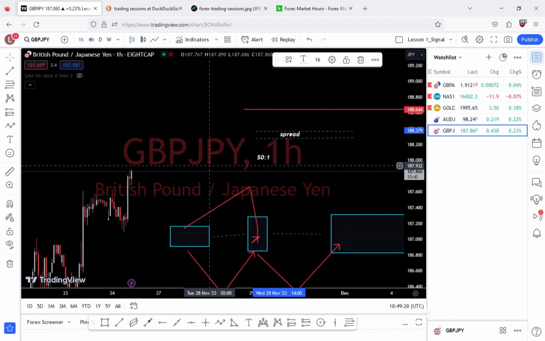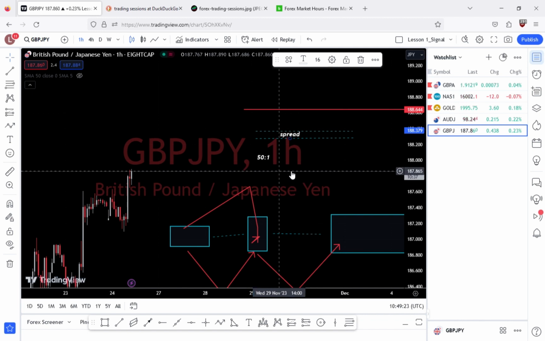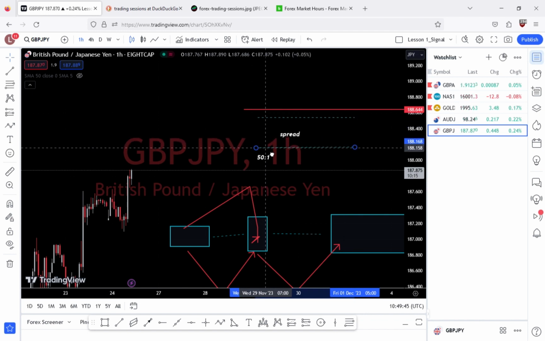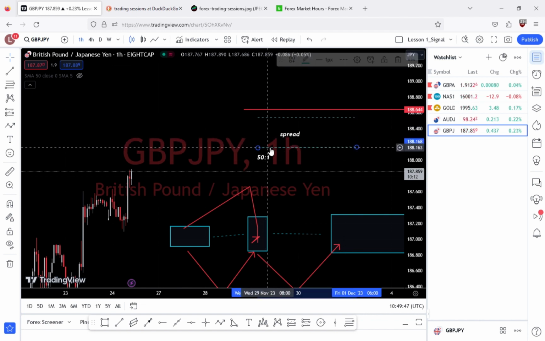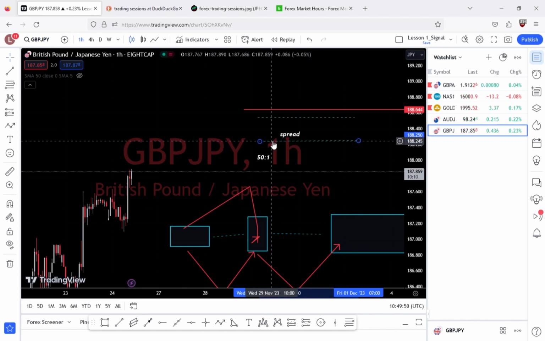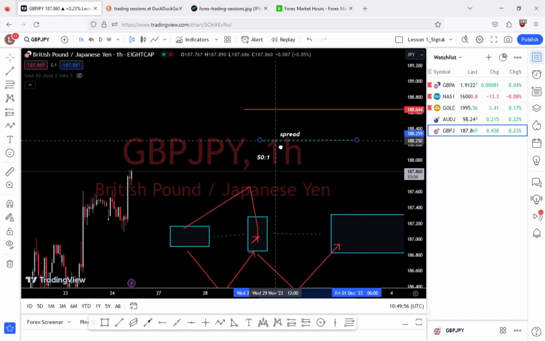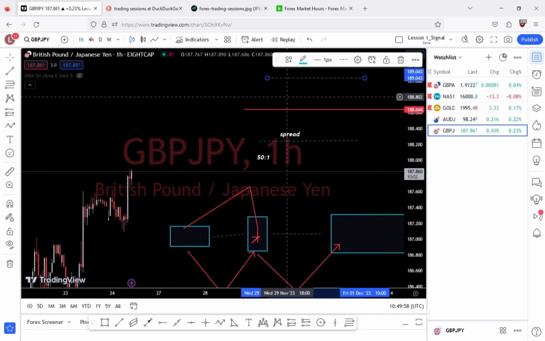If the market is right now at 1.87685, when you open a buy, it won't be opened at the bid price. It will be opened at the higher price, which is your broker taking the commission from this position. That's how the spread works. The higher the spread, the more money your broker will take from you opening the position. That's why it's good to use a regulated broker, because they usually regulate the spread they charge you. So the smaller the spread, the better. The bigger the spread, the more money they take from you.